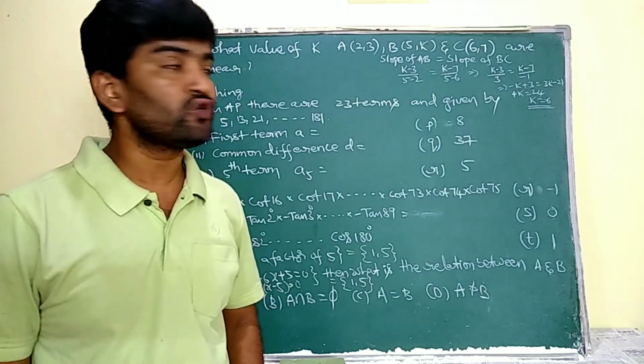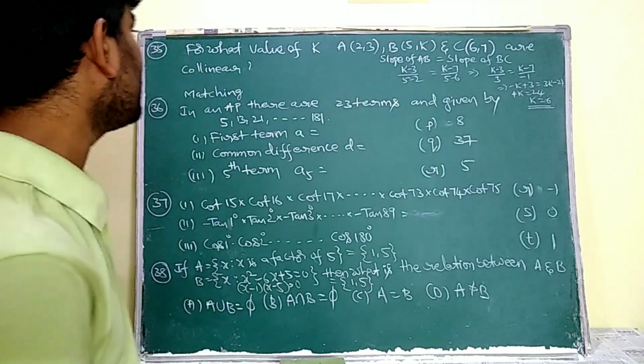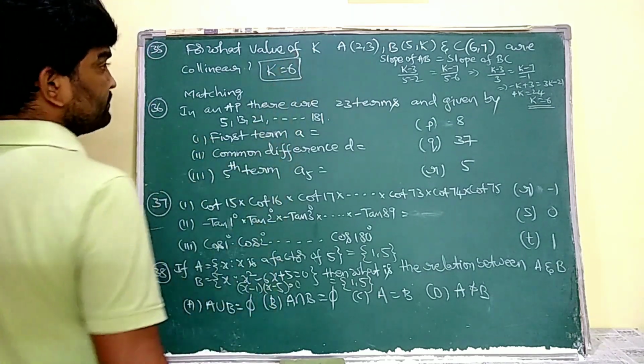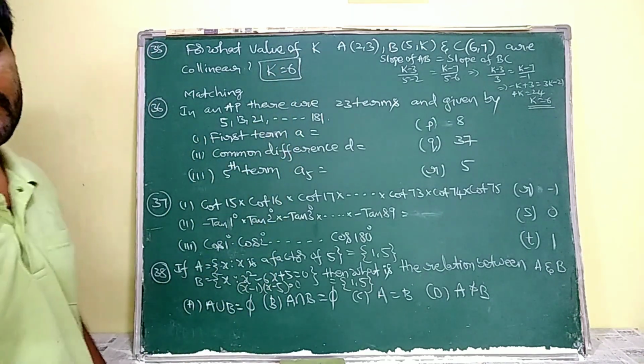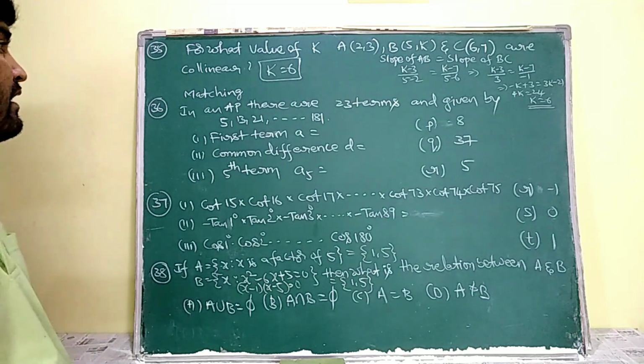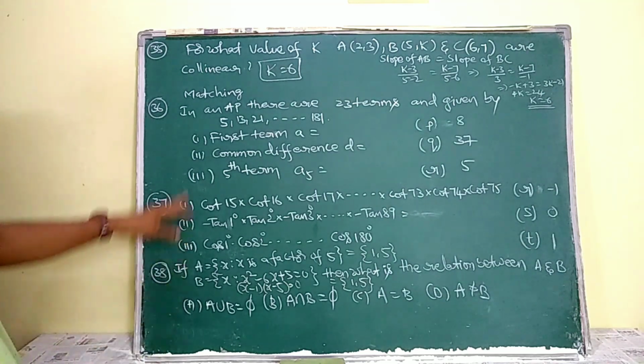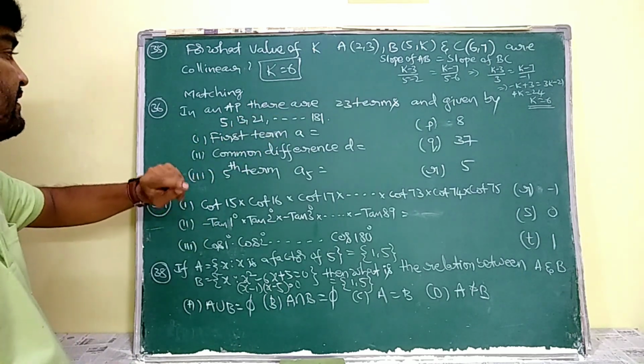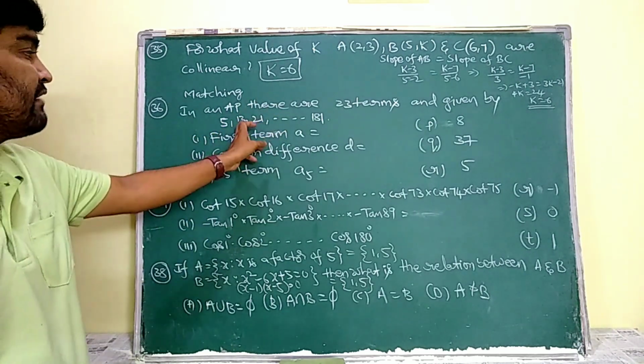Then 4k is equal to 24, then k is equal to 6. That means for the value of k equal to 6, the above 3 points are collinear. Understand? Now in the 36th one, in an AP there are 23 terms given, and the AP is 5, 13, 21